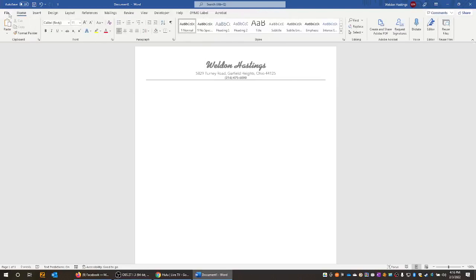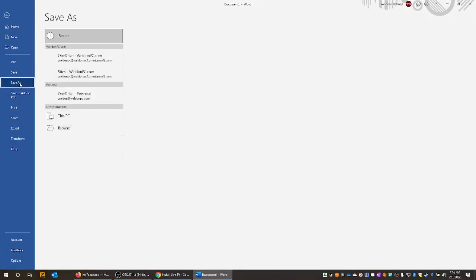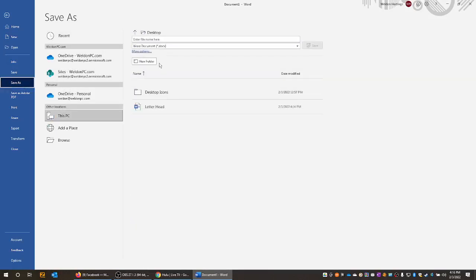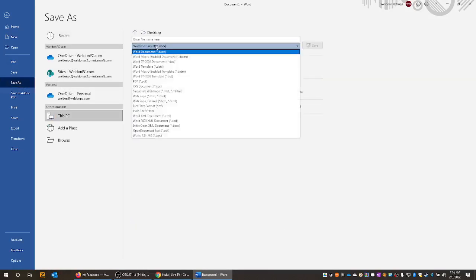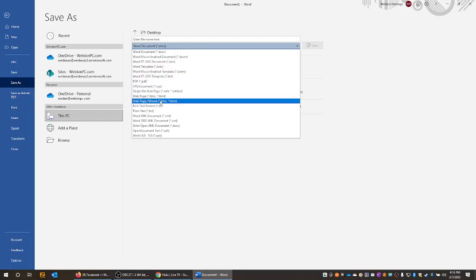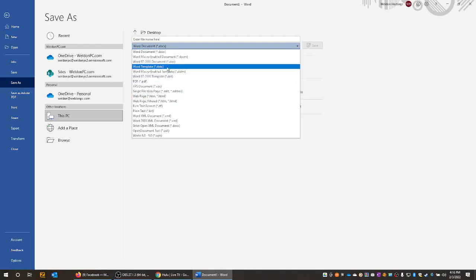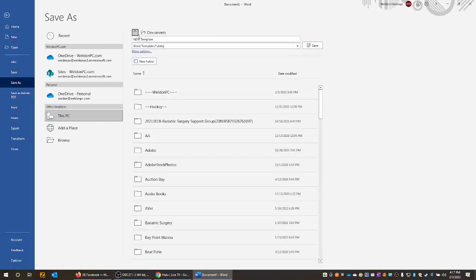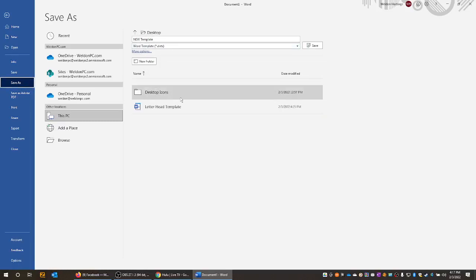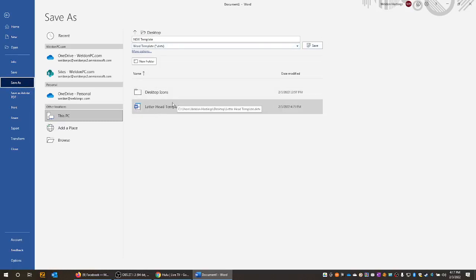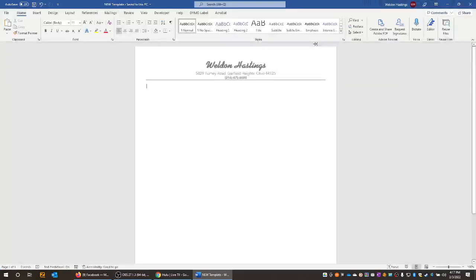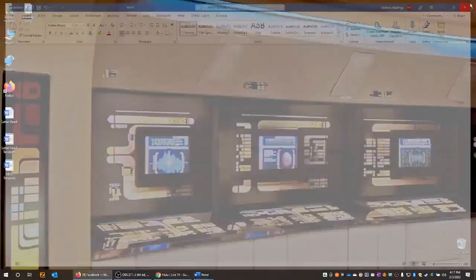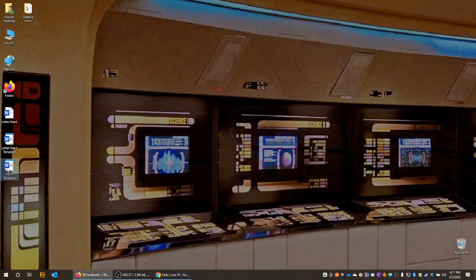If I go to File and Save As on my desktop, I'm going to save the template, the Word template, the DOTX file, and I'm going to call this new template, and that's going to be up on the desktop. All right, so there's the original letterhead template. Here's the new template we just created. So if I save that, close out of Word, and I go to the new template,